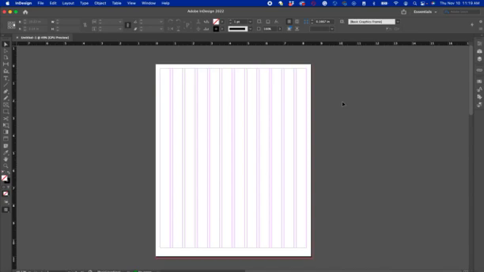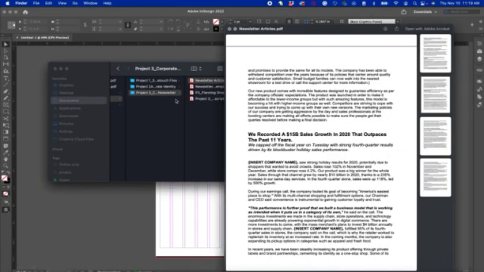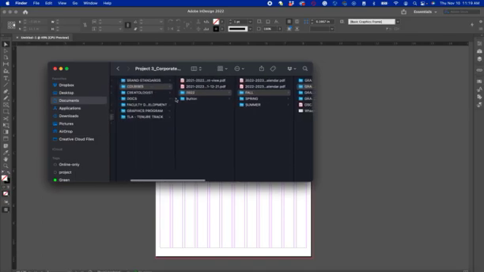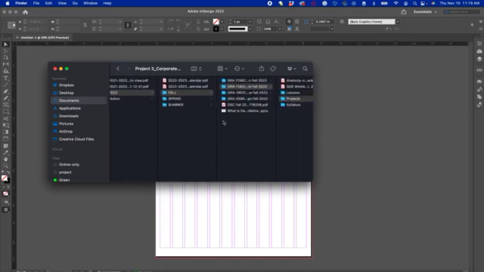The reason that the links of images and any other assets are linked into your InDesign and not embedded inside of it is so that, one, it is easier to manage, and two, the file document is not that big. So if we look at the example that I showed last week from our student,